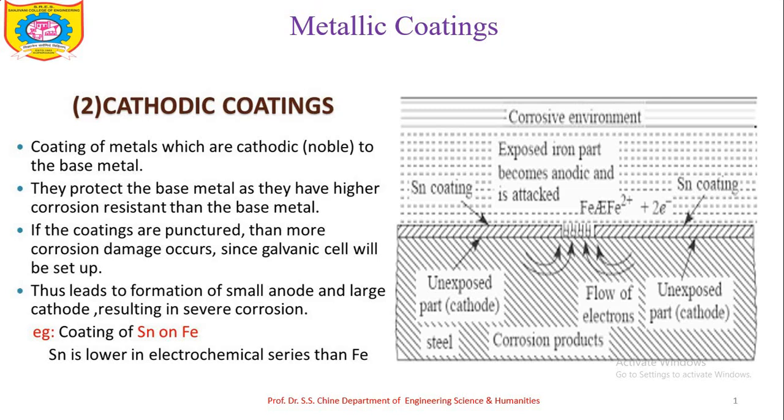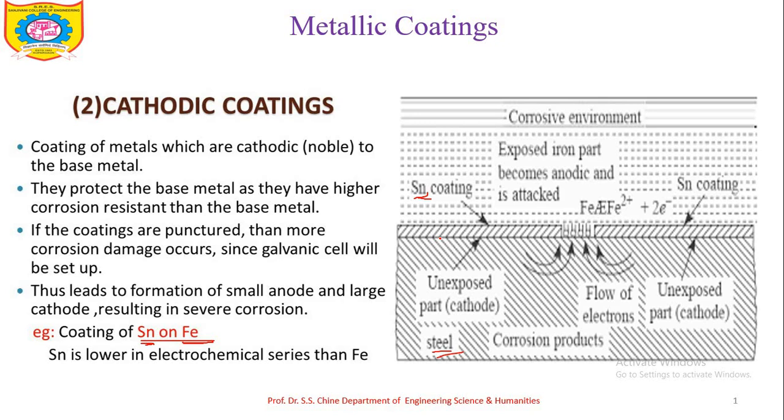Okay. Now, the coating of tin on iron, that we consider as an example. So let us see here. The coating metal is tin, which is noble, or more cathodic, than the iron, and because of its noble character, it is going to protect the iron structure. So see in this diagram, this is your tin coating, and this is the iron plate, or steel plate. Okay, so when that coating is uniform, there is no problem of galvanic cell formation.